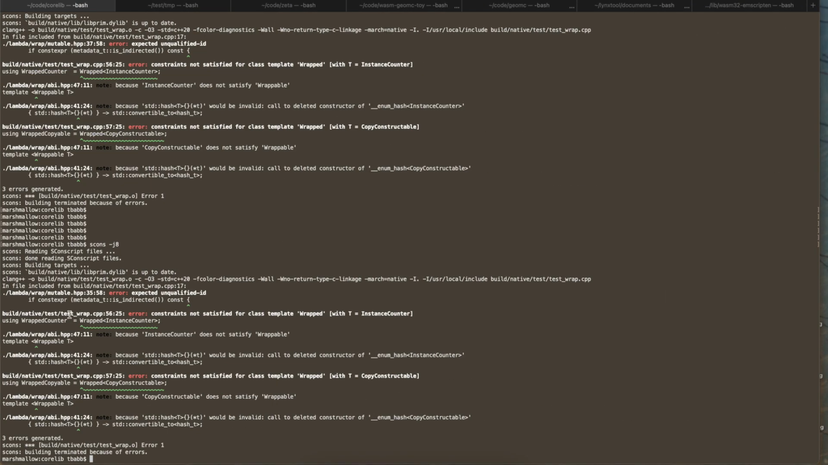That was just wrong. Test wrap.cpp error, constraints not satisfied for the template Wrapped with T equals InstanceCounter. Because InstanceCounter does not satisfy Wrappable. Why does it not do that? Because hash of T would be invalid. Okay, so this is something